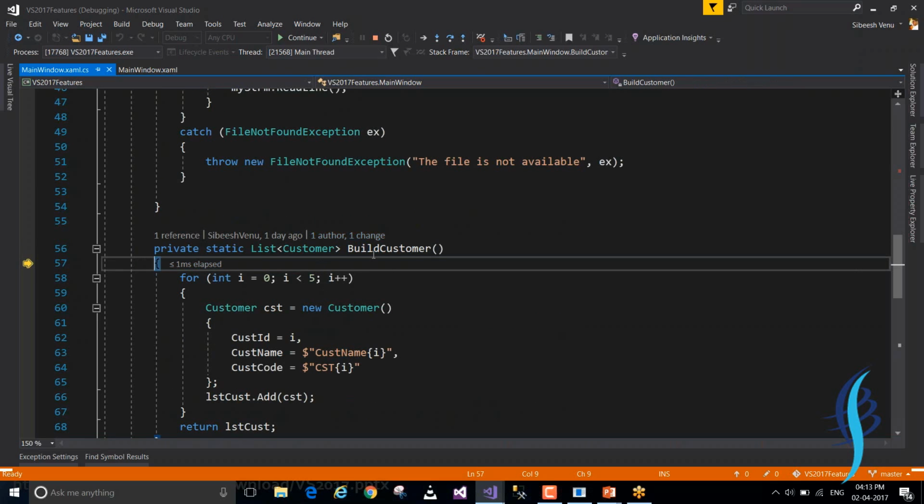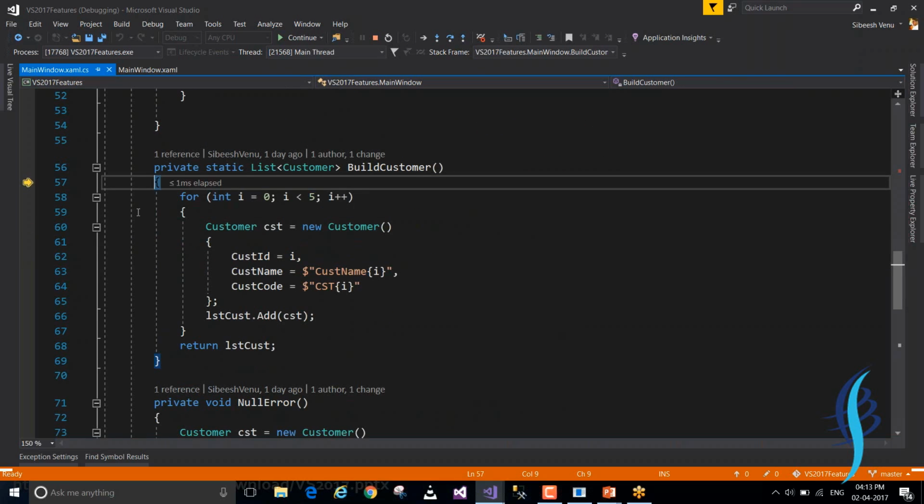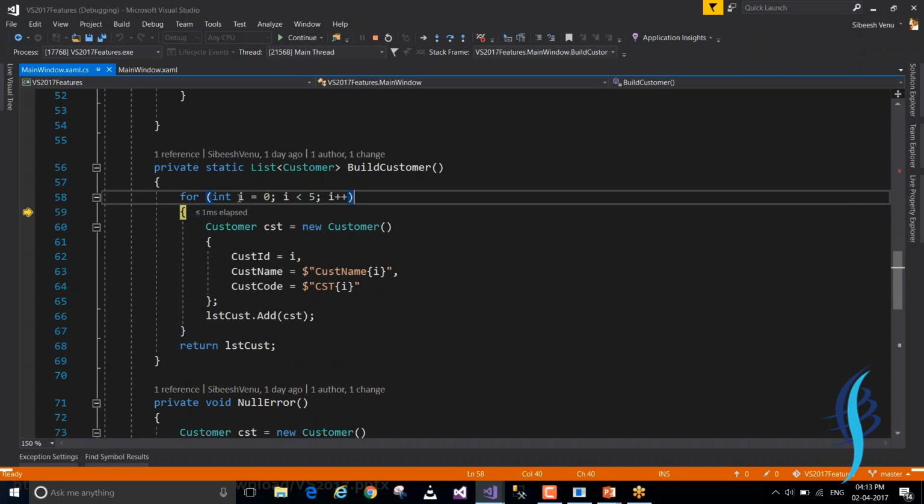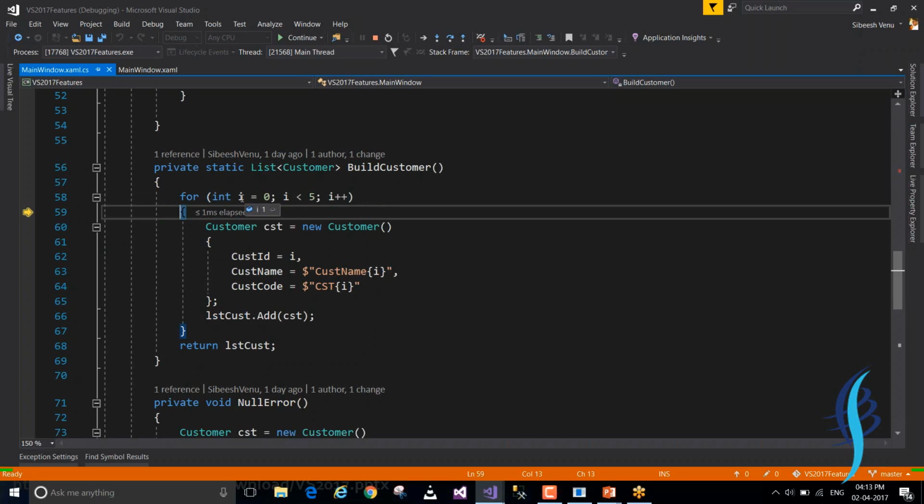Now our debugger is in this build customer function, right? If I am executing this line by clicking the run execution to here, you can see that I had given a condition like i less than 5. So that means this loop will be working 0, 1, 2, 3, 4, right? So as of now, i value is 0. Now when I click it again, i value will be 1,